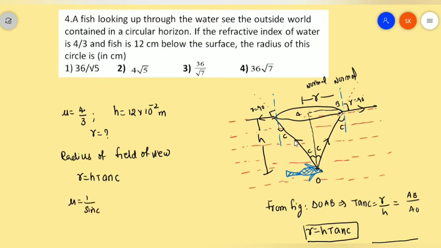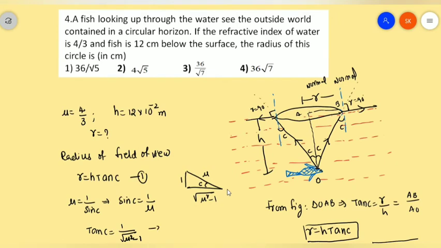From that, sin c is equal to 1 by nu. Here we take one triangle. This is a triangle, with angle C. Sin C is 1 by nu. Sin C means the opposite side by hypotenuse. The opposite side is 1, the hypotenuse is nu. From the Pythagoras principle, when you know the opposite side and hypotenuse, you can find the adjacent side, which is under root nu square minus 1. From this we can find tan C. Tan C we will get as 1 by under root nu square minus 1, and this is equation 1 and this is equation 2.